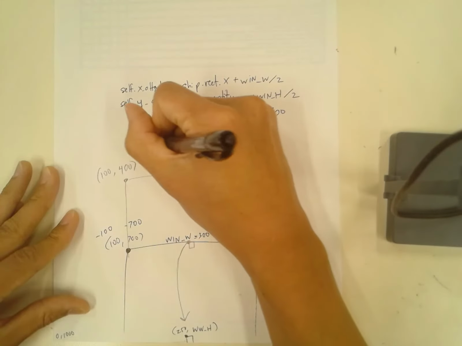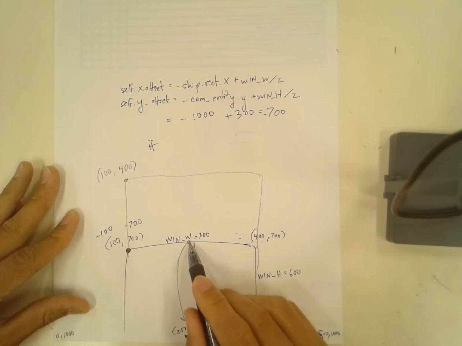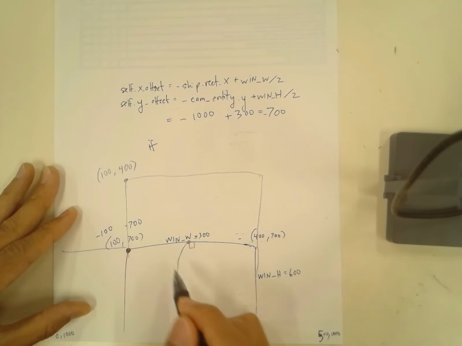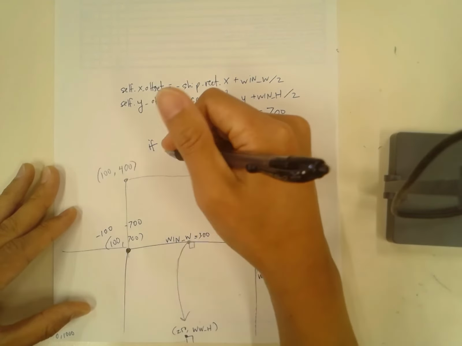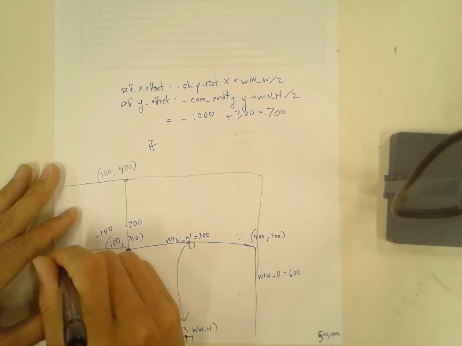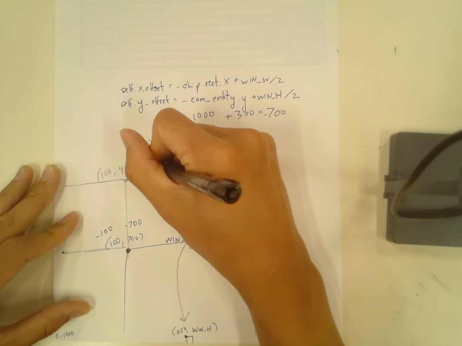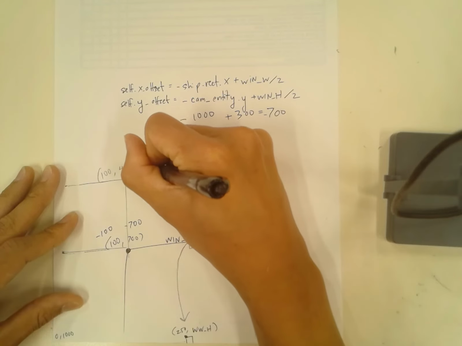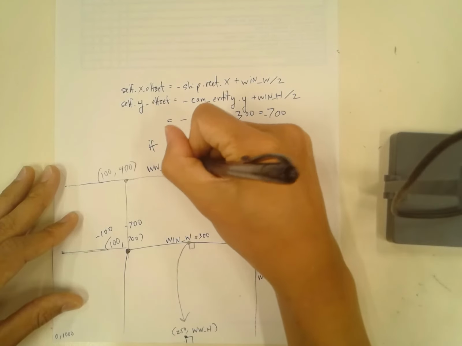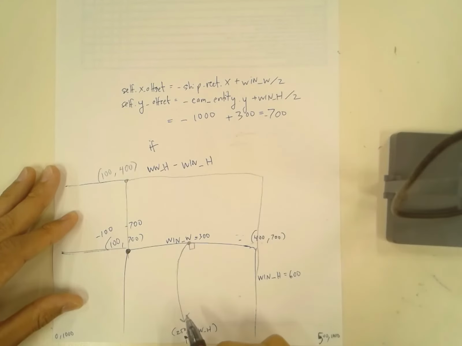The way that I can think about it off the top of my head is, let's think in terms of the y offset. In between this position and this position here, the y offset is the world height minus the screen height,